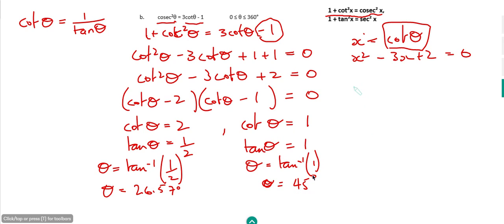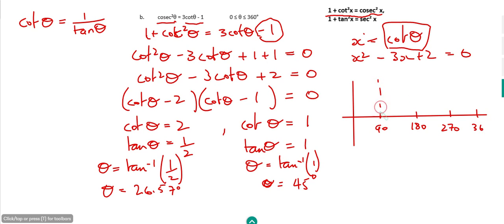And if we think about a tan graph, a tan graph has got asymptotes at 90 degrees and 270 degrees. So we can draw those in. It also passes through 0 at 0, 180 and 360, where it crosses the x-axis. So that's the tan graph in our range. And we can see that if we get a working angle, so this first one, 26 degrees, which is equivalent to a half there,